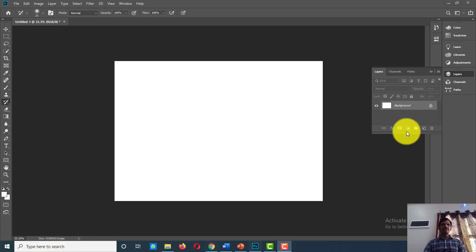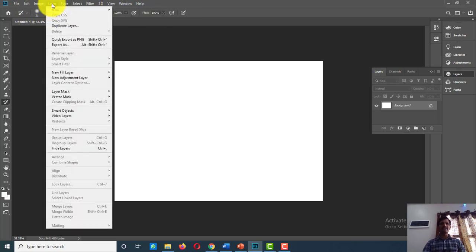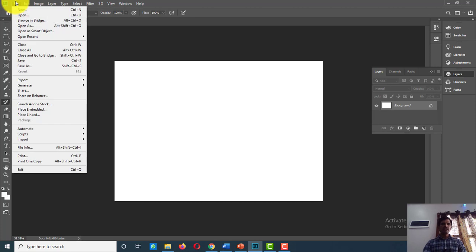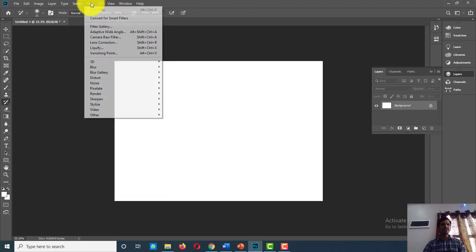At the top of the screen is the menu bar, a common feature of most programs these days. Clicking on the various menu headings brings up a list of related options and commands. For example, the File menu is where we find options for opening, saving and closing Photoshop documents, and the Layer menu contains options for working with layers, and Photoshop filters can be found under the Filter menu.